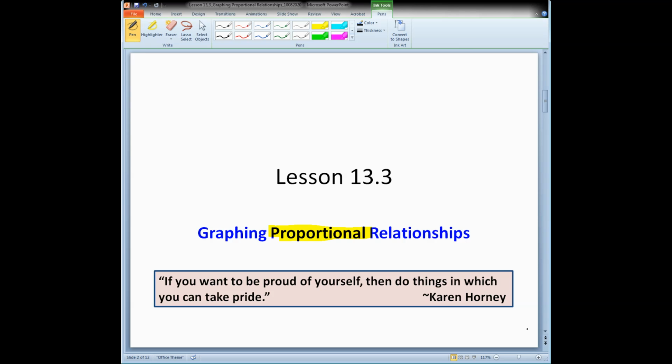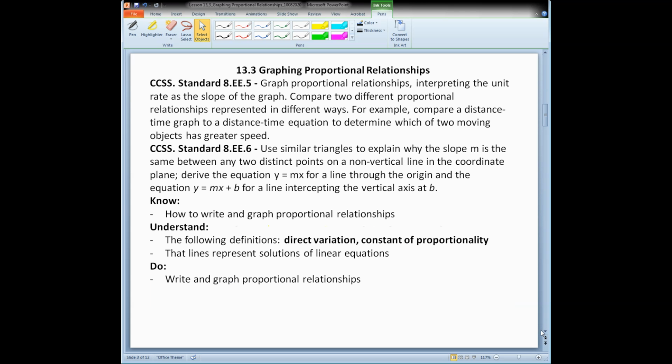Okay, so we're back. Let's get started. Graphing proportional relationships, it's an eighth grade standard, and you need to have a good handle on these definitions. What is direct variation? What is the constant of proportionality? And here's your hint for the constant of proportionality. We just talked about this in a previous lesson. When you think constant of proportionality, you should be thinking about the slope. And then what do you need to be able to do? Well, you need to be able to write and graph proportional